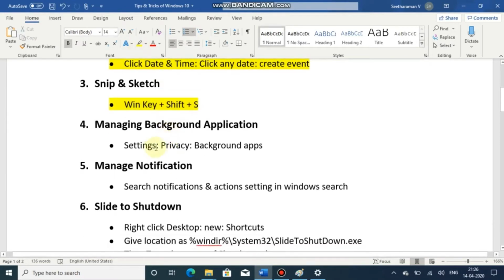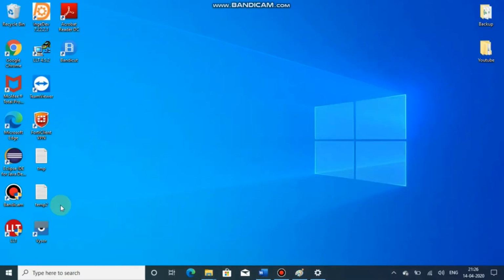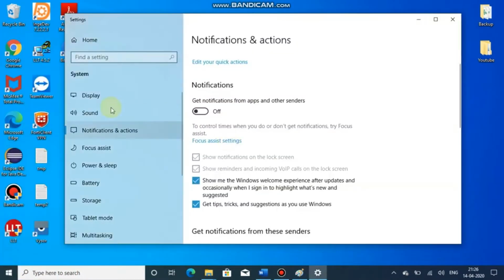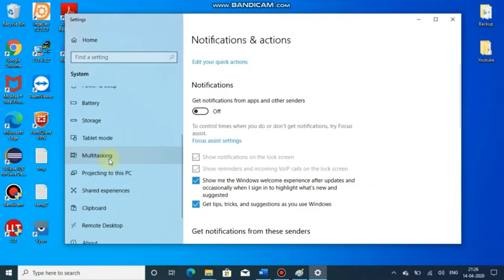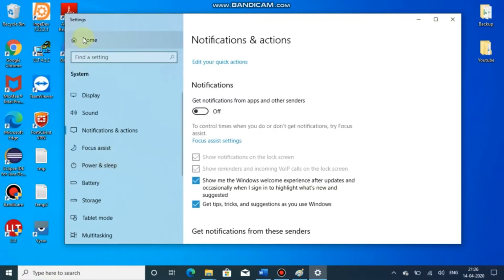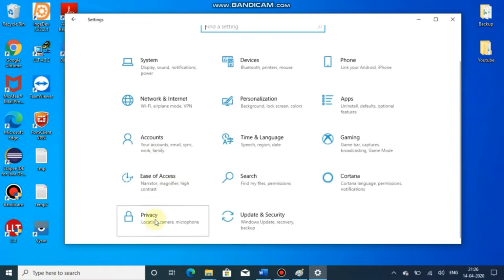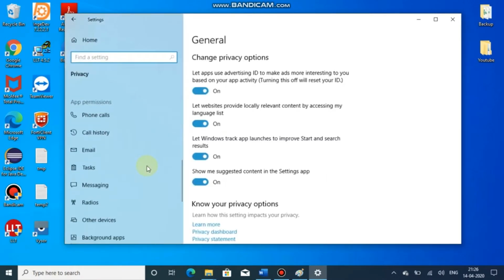Then managing background applications. For that you have to go to Settings, Privacy, Background applications.